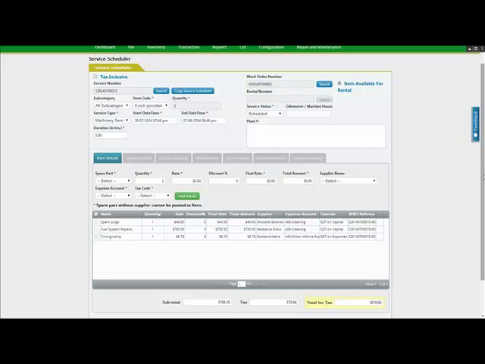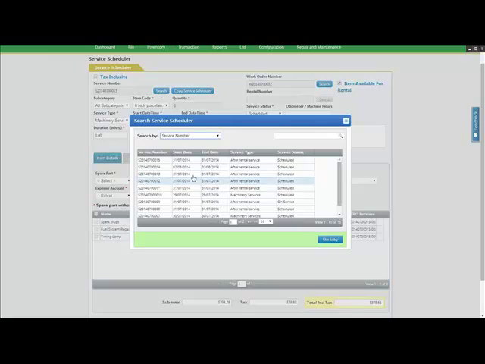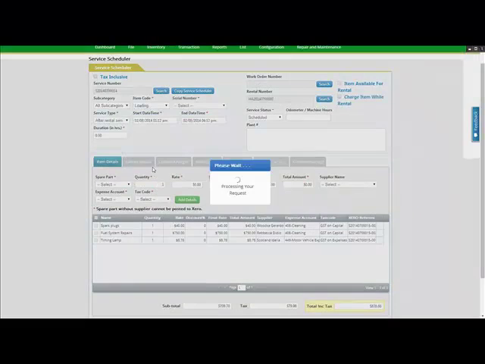So let's explore a few things in here. It tells you that this item is available for rental. This is the item code and this is the quantity. If it's not a bulk item, if it's one of your serial numbered items, then the serial number will be shown here. So let's look at another